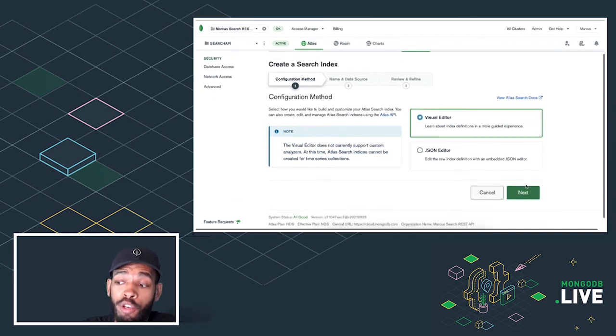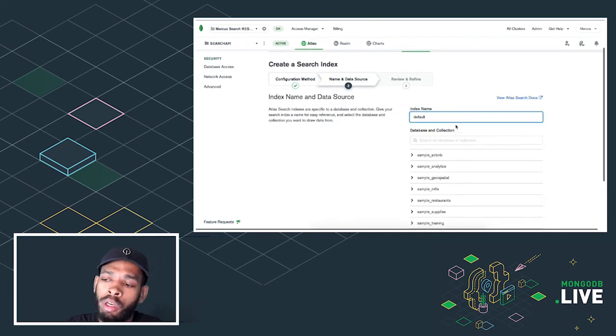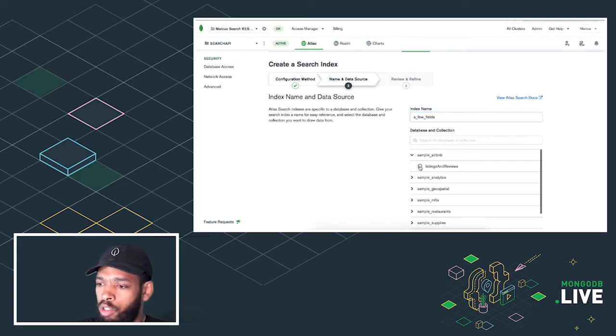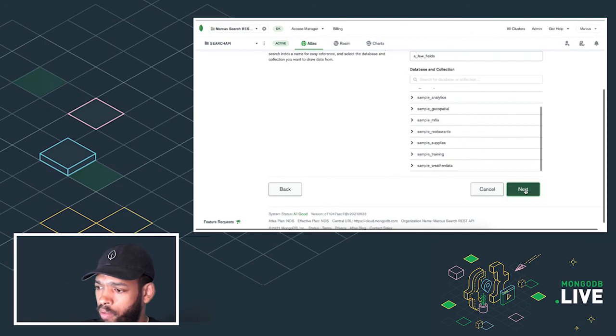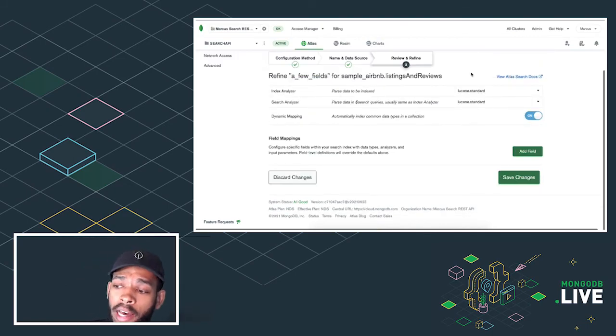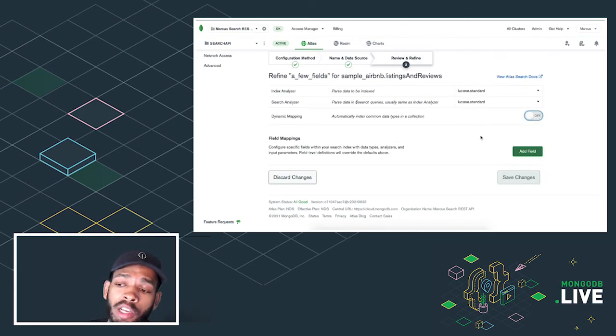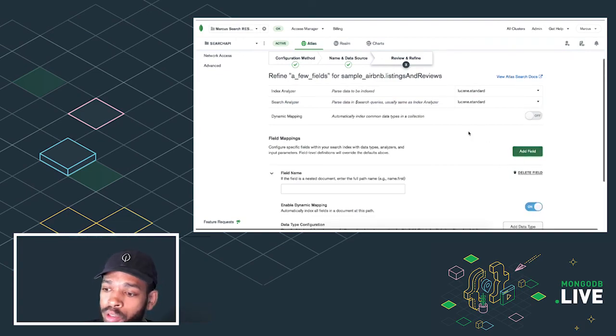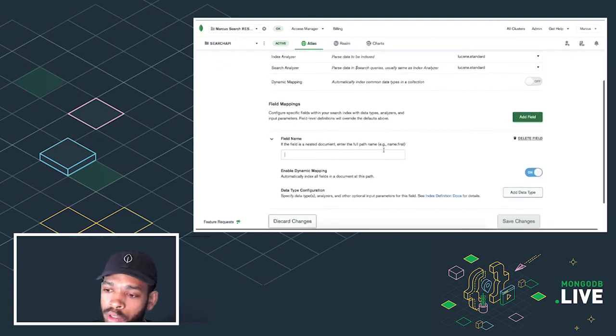This time we'll use the visual editor so you'll have a better idea about what's going on. Name it a few fields, descriptive, and refine index will allow you to begin to specify fields. Now we're going to turn off dynamic mapping this time. We don't want all the fields. We're going to specify only the fields that we need and the types of those fields.